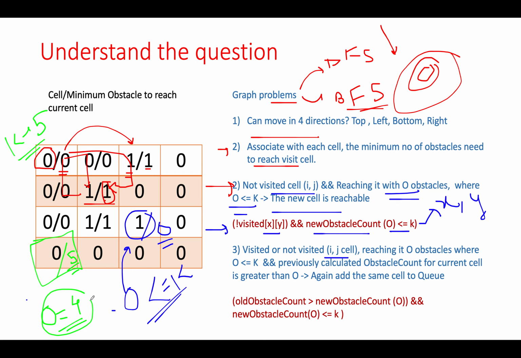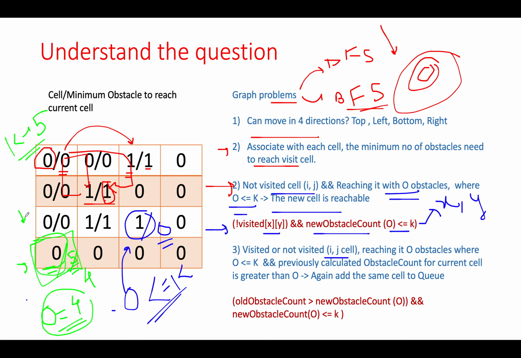So what you should do, irrespective of whether you have visited this node in the past or not, is recognize that this seems like a better possibility for the answer. Therefore, we have to reconsider this node again, and we will update the minimum number of obstacles needed to reach this particular node from 5 to 4. So this gets updated to 4, and you need to re-add this particular node in your BFS queue. This is the crux of the problem, the most interesting case.